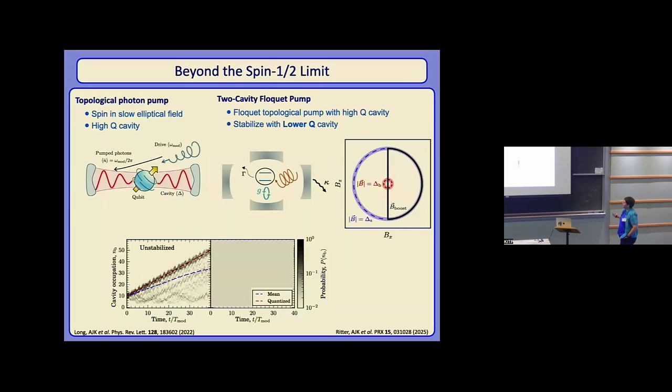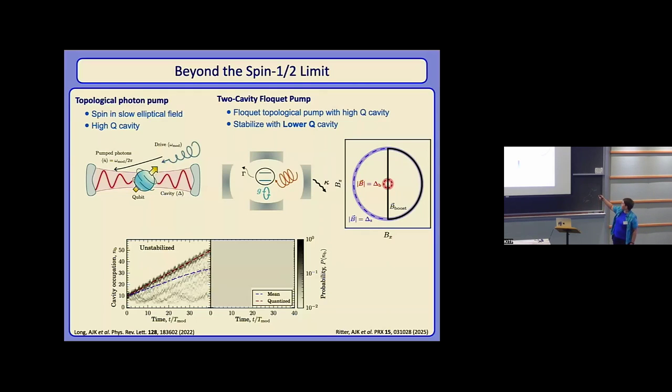And so now if we look in the XZ plane, there's sort of 2 relevant rings. So this red one is going to be the Zeeman energy to be on resonance with the high Q boosting cavity, and the blue one is the resonance for the low Q stabilizing cavity, and we'll do this semicircular pump here. And so this vertical portion of the cycle enacts the photon pump, and then you come out and you sit on Zeeman resonance with the low Q cavity to clean up any errors that happened,